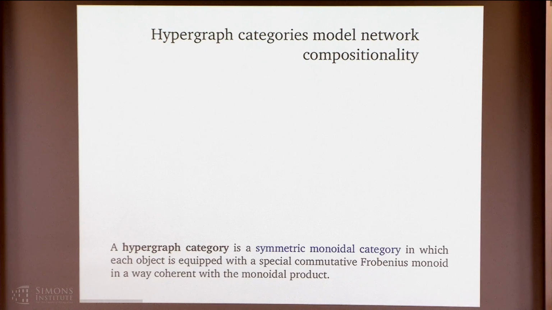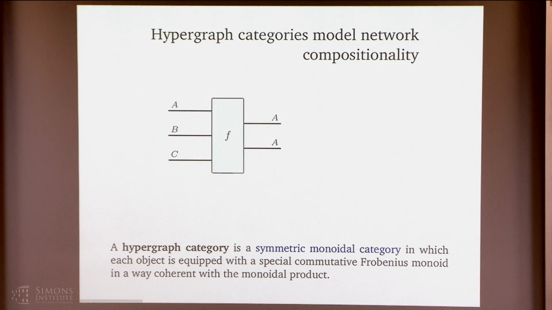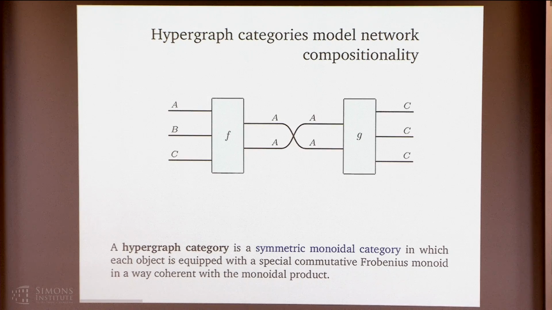So slightly more formally, a hypergraph category is a symmetric monoidal category in which each object is equipped with a special commutative Frobenius monoid in a way coherent with the monoidal product. So what does this mean? Well, as a category, we have these objects, and as a monoidal category, we can put them side by side. If we have two collections of objects, we have things called morphisms, and in a symmetric monoidal category, given two morphisms, we can compose them by moving things along and connecting wires up, maybe permuting them